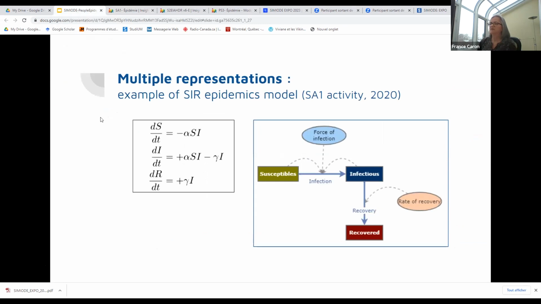And actually, we don't start with the differential equations. We'd rather have students play with the model the way it is defined, because it's much easier to understand, and especially with a context such as epidemics that we've learned to understand better in the preceding years. And so we start here, and then we move here, and I will show you rapidly what it looks like